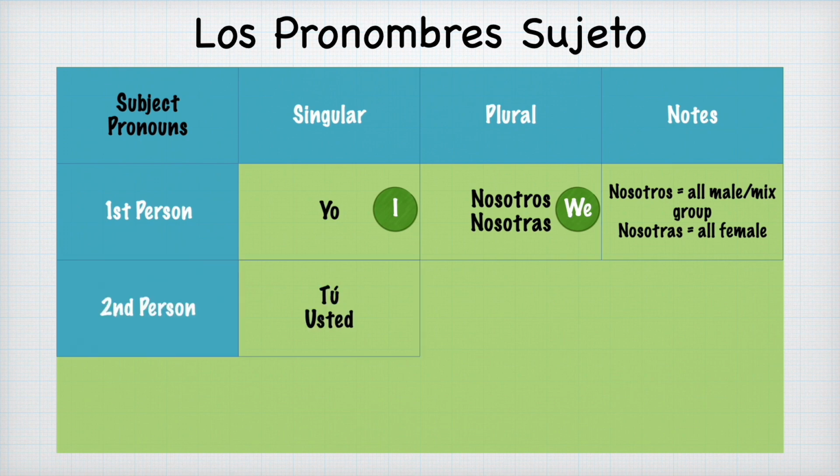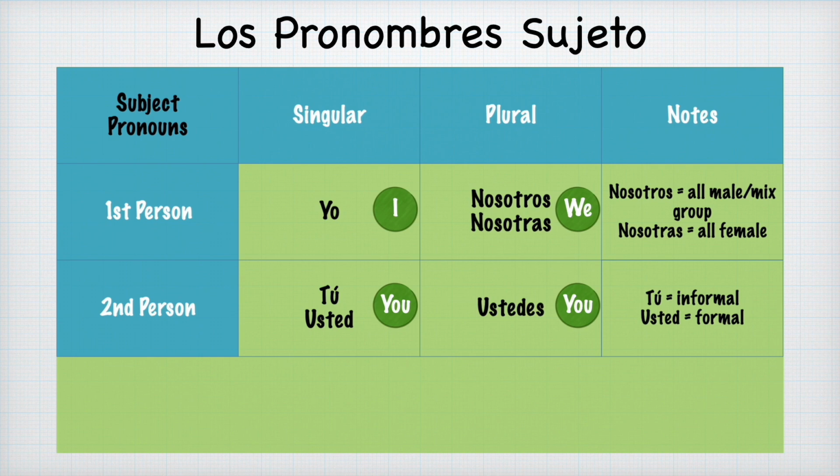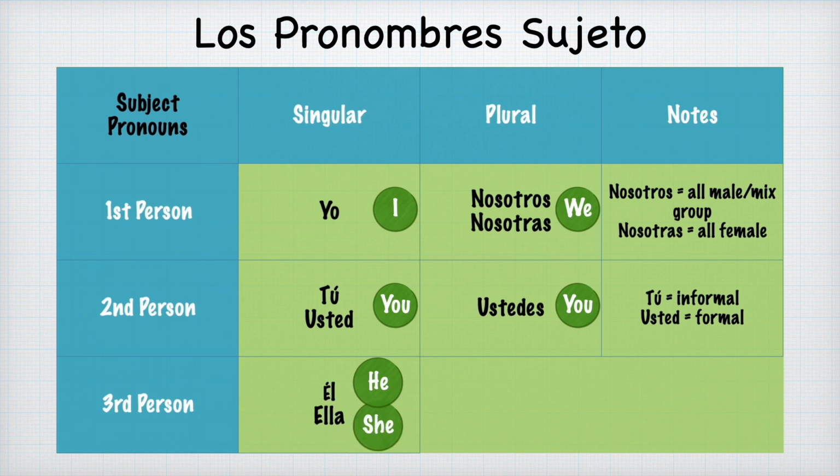In second person, we have tú, or usted. Both of them mean you. We also have ustedes in plural. So all three mean you. Ustedes is for plural. Tú is very informal, for your friends or family. Usted is very formal. For the third person, we have él, it means he, and we have ella, it